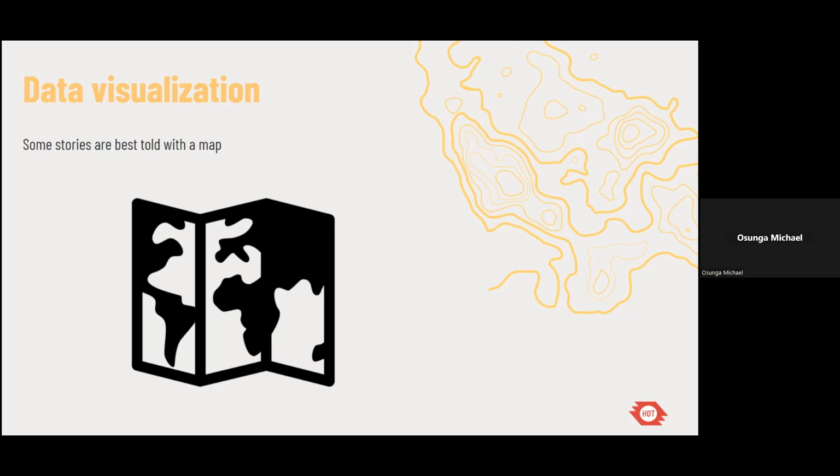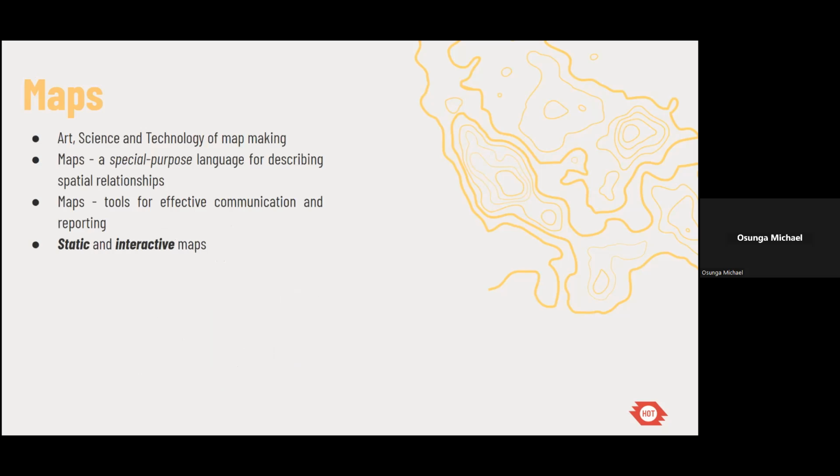And the best way to tell a story is to put it on a map, right? So how to put information on a map? Yes, there are so many ways you can do it. And Mapbox is just one of the tools that can enable you to come up with interactive infographics. But before we go deeper into